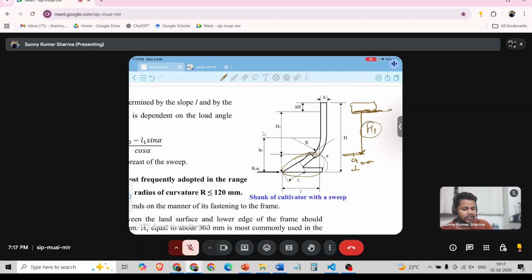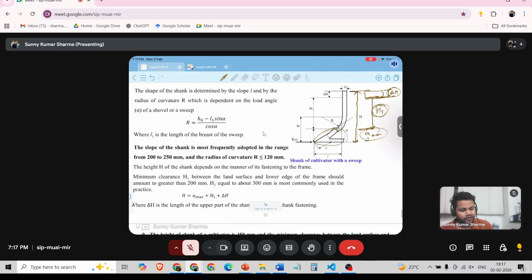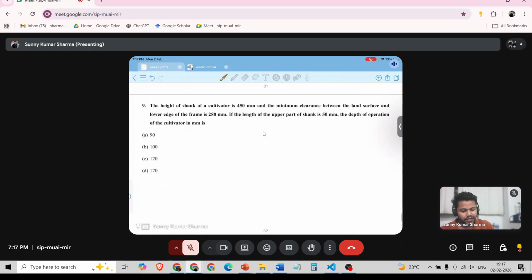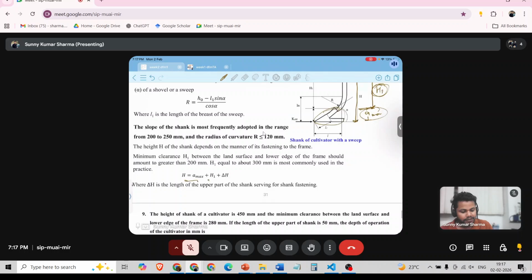If the height is h1 and the shaft has width of delta h, then what will be the height of this tine? This tine will be height of delta h plus h1 plus a max. This is the design for tine. So a max plus h1 plus delta h will be the height of